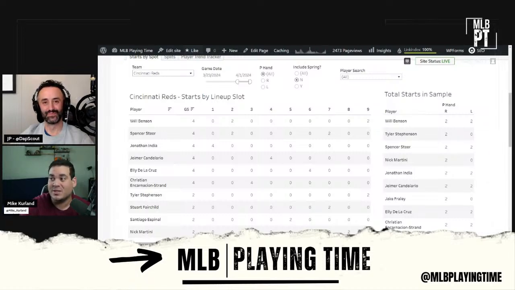No. But this is a guy who did have a .391 BABIP last year over 108 games. So not saying he'll even repeat that BABIP, but plus speed and just hits the ball as hard as he does, BABIPs can run higher for guys like that, and Benson can run a higher BABIP, but I would expect closer to .275. Last year was a gift. I think he's closer to a .240, .250 hitter realistically, but he already has a home run and this team is running wild. He already has a stolen base. I think Benson's going to run as much as he wants. I think the whole team's going to run.